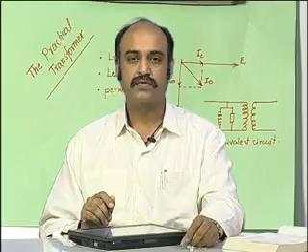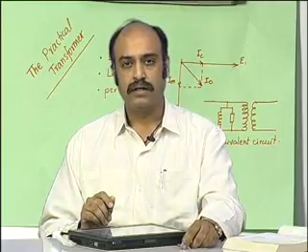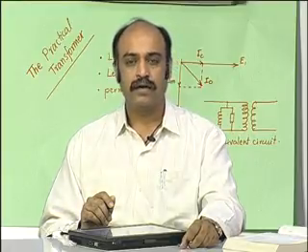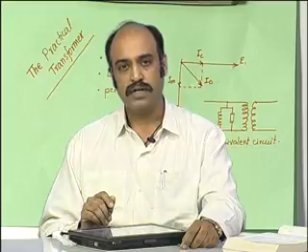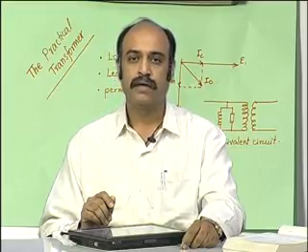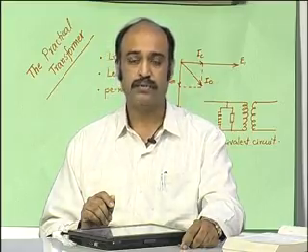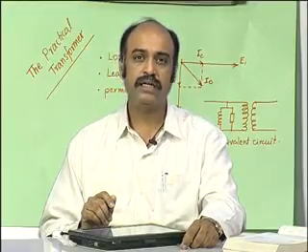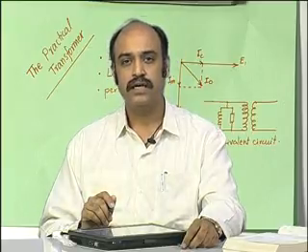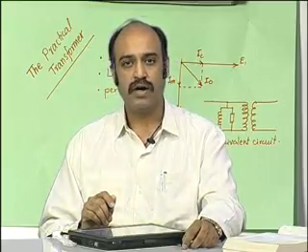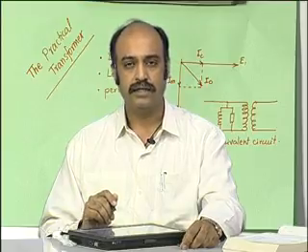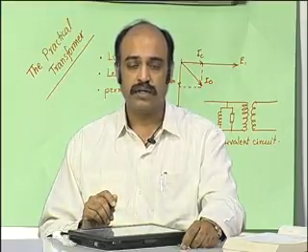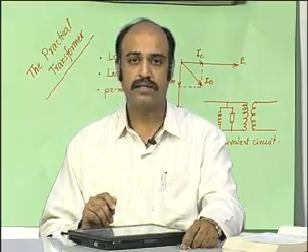We saw that the ideal transformer required features like infinite permeability, infinite saturation flux density, hysteresis loop area should be 0, resistivity of the core material should be infinite, and of course, the resistivity of the winding that is coiled around the core should also be 0, so that there are no copper or core losses